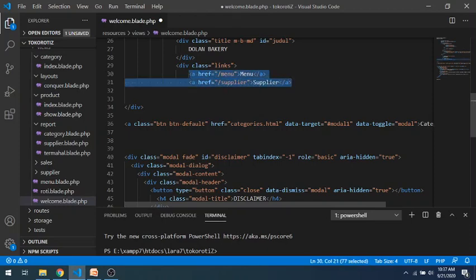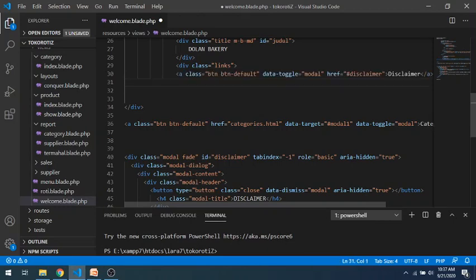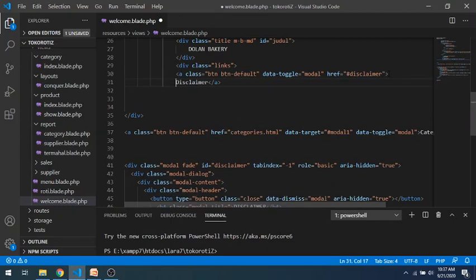Okay, we will remove the menu and the supplier link. We put a link for the disclaimer. This one. Okay, we will try it. Not yet solved. Okay.